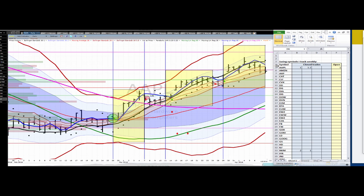So we're just going to keep a rough tally over here of the closed trades and the status of the open trade, if any, so we can get a sense of what kind of returns these swing patterns could collectively achieve when we have these kinds of market conditions. I want to emphasize that